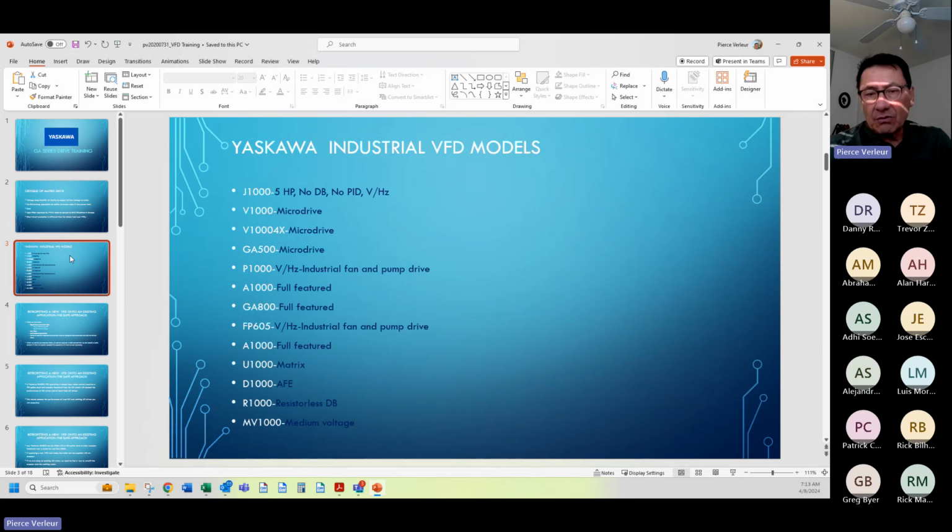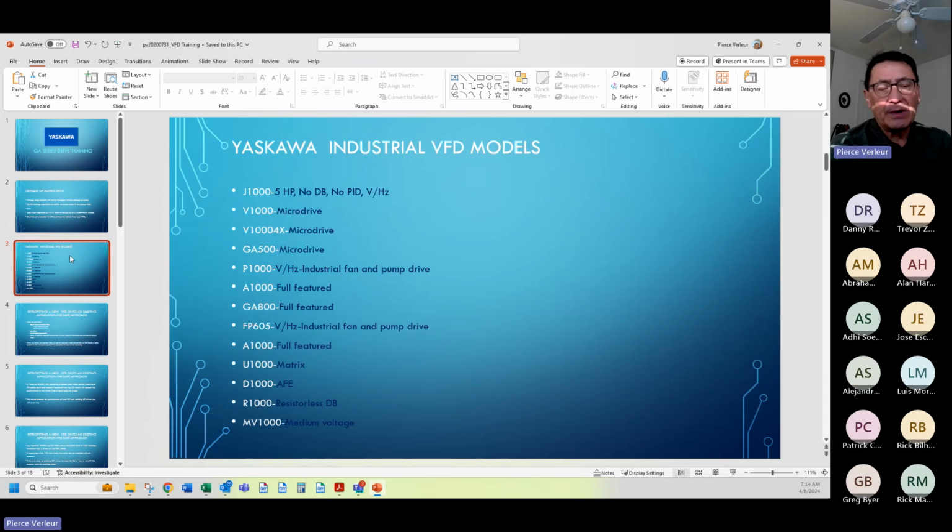So the V1000 was a microdrive, and we manufactured a NEMA 4X version of that drive, which was quite a handy little product. And I'm going to state this right up front. I don't agree with putting drives in NEMA 4X enclosures. And above the microdrive category, I absolutely will try to talk you out of it because it is an economically unfeasible situation. It's also putting a drive that requires a lot of ventilation in a non-ventilated enclosure. However, for smaller horsepowers,